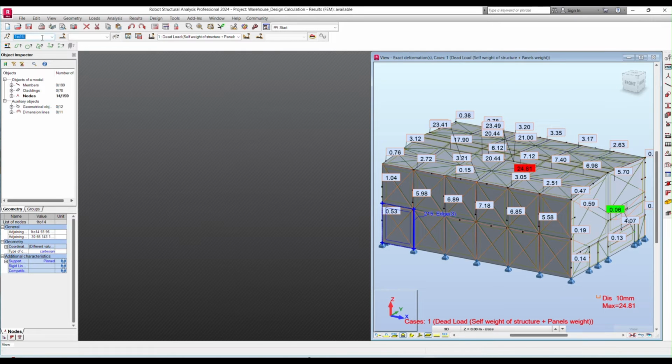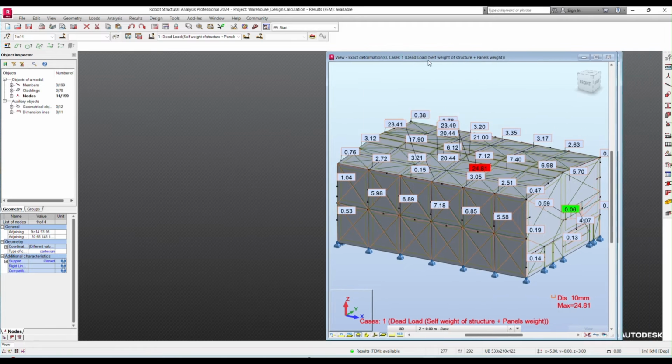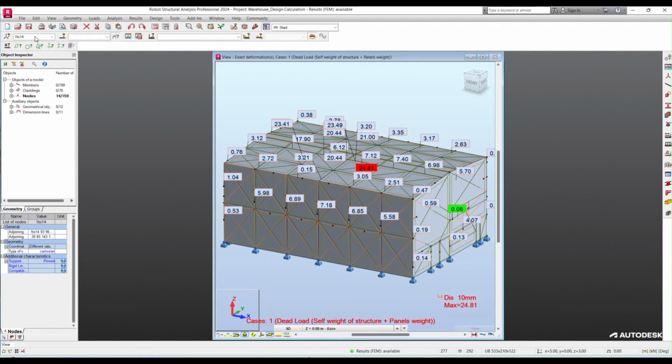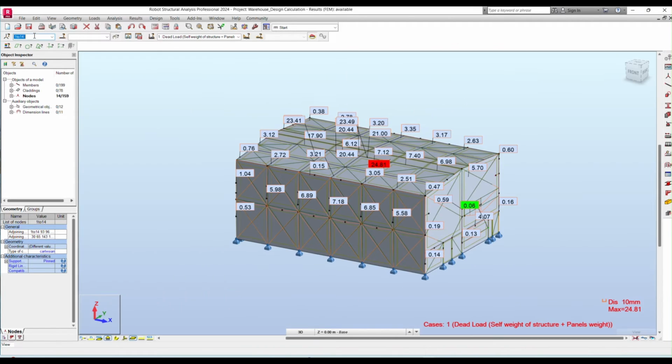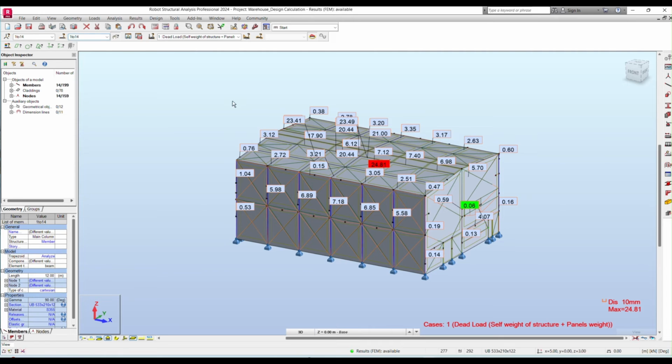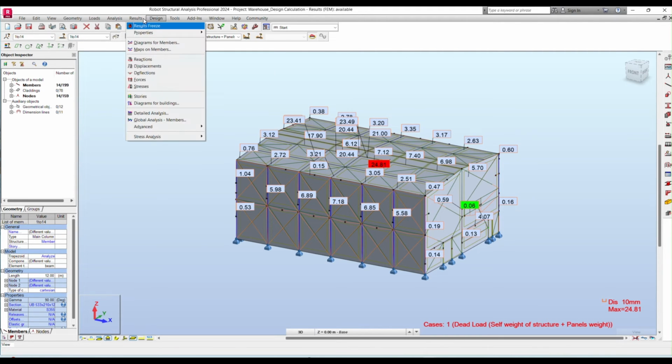The columns we can select from 1 to 14, which are the main columns applicable to connect with the rafter. We need to take the force values here. So go to the results,